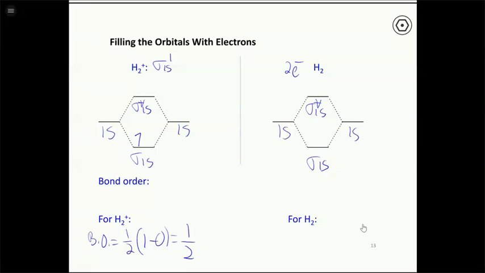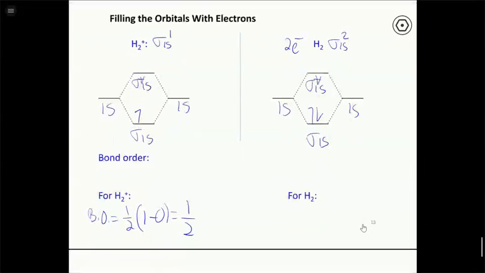Just like we saw in atomic orbitals, each orbital can hold up to 2 electrons. And if they have 2 electrons, they have to be spin paired like that. And so the configuration for H2 is sigma 1s2. So we've now put both of those electrons into the sigma 1s orbital. But because of Aufbau principle, we fill the sigma 1s before we start adding electrons to the sigma star.